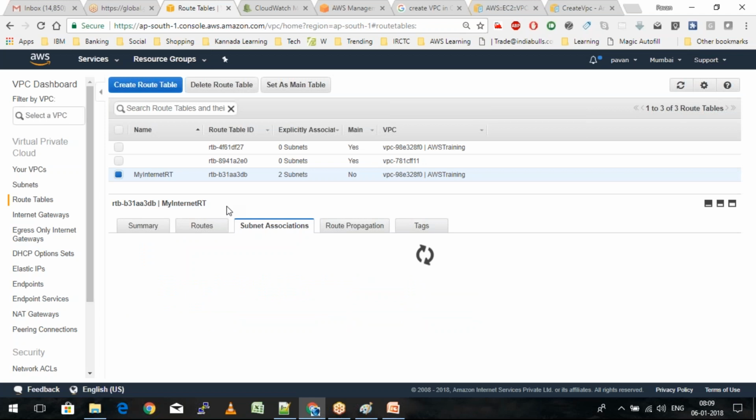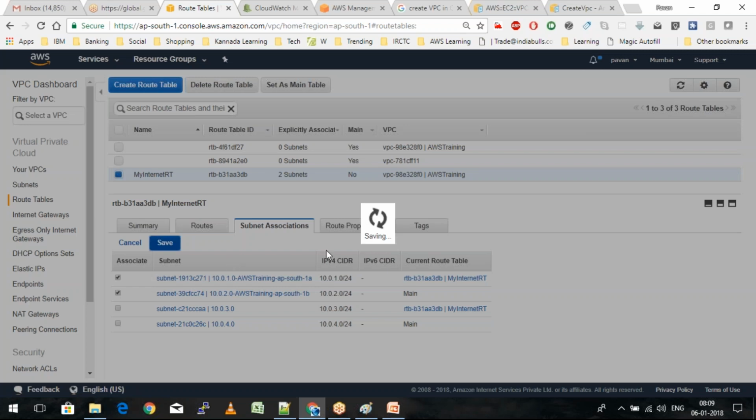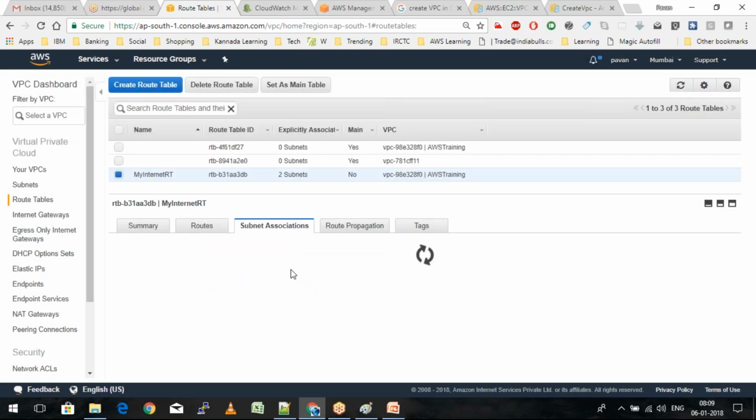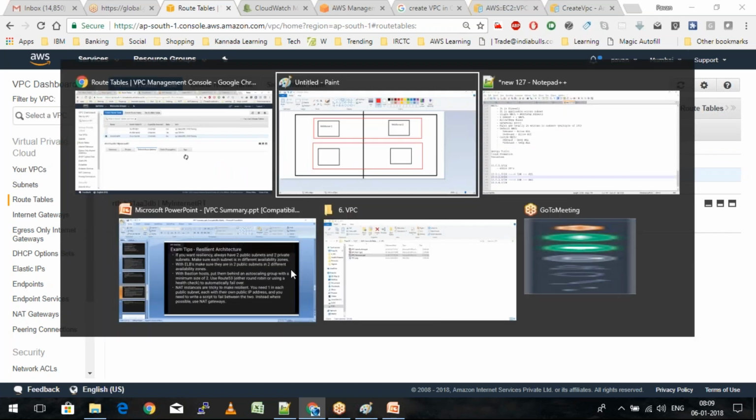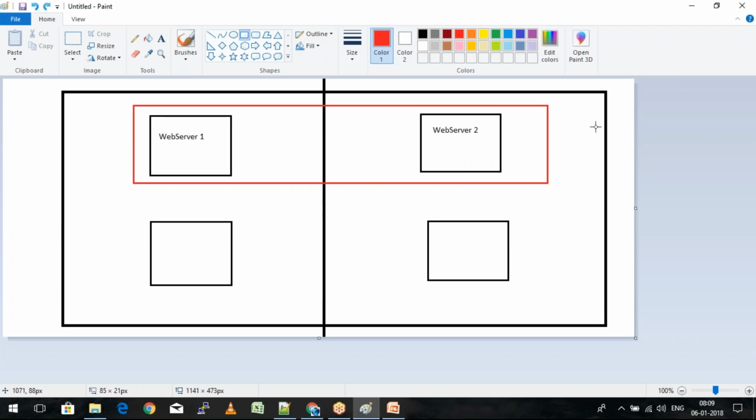One sec. Yeah, so I'll remove this. I'll just take 1 and 2 as a part of internet. So what happens in this case now? I have one subnet in the availability zone 1A and the second in the 1B. So this is 10.0.1.0, this is 10.0.2.0. So now I have logically grouped them with the help of a routing table.